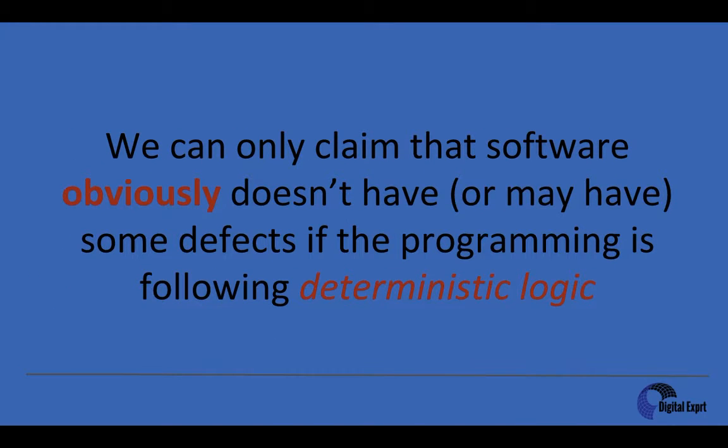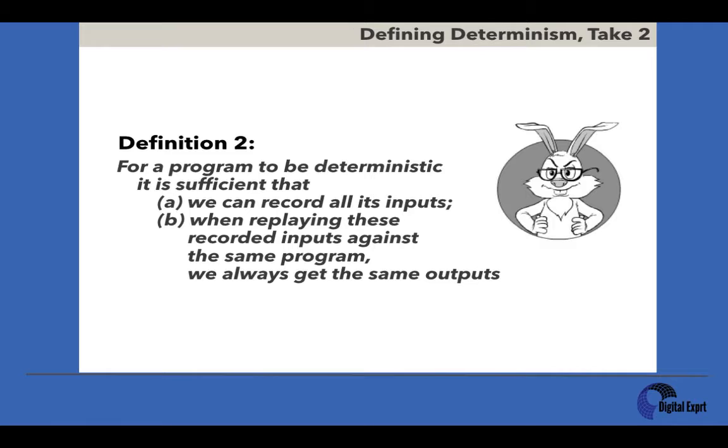Now, we can only claim that software obviously doesn't have some defects in case the programming is following deterministic logic, which means it is sequential. It represents continuous execution. In that case, we can either find an obvious defect, or we can say everything here is obviously correct. So let's look at Professor Rabbit's